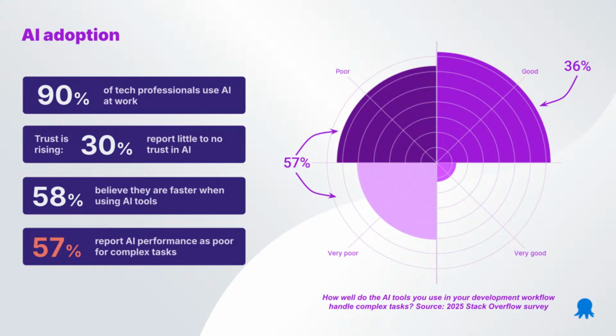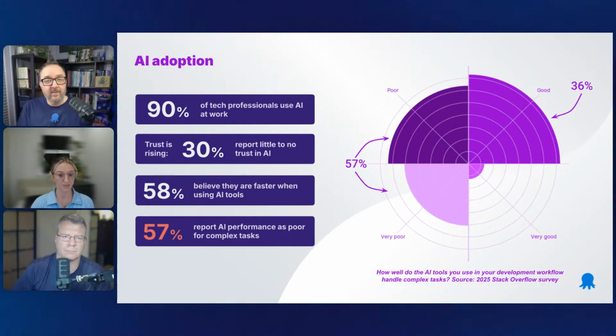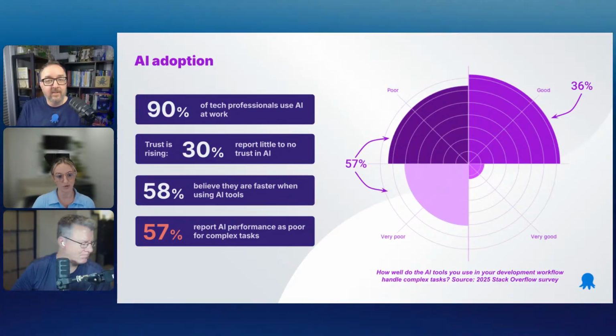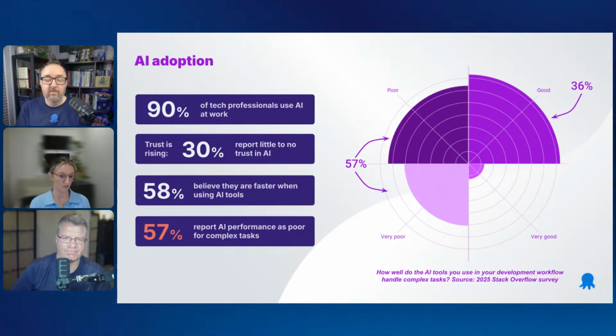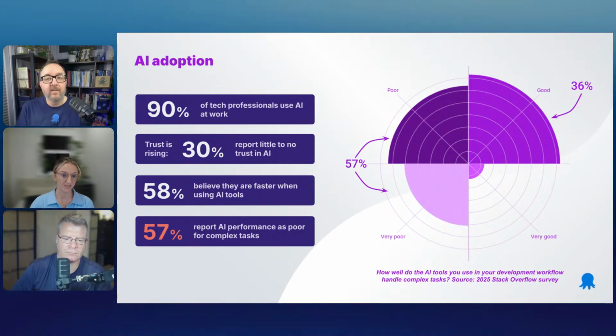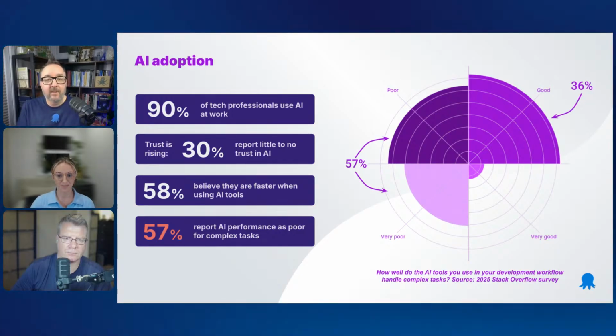What is interesting to note is that 57% of developers actually report AI performance as poor for complex tasks in their development workflows, which is what this graph shows on the right. So, 50% poor or very poor. I've combined them into 57% there, rating AI performance as poor for complex tasks. And so